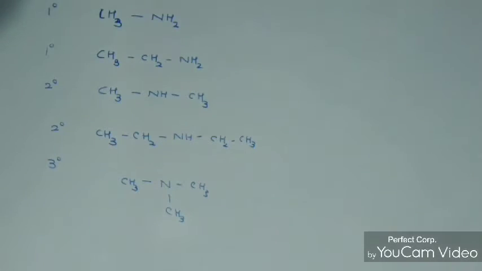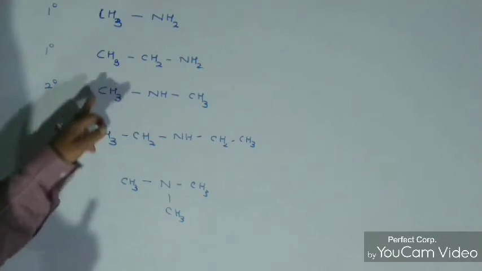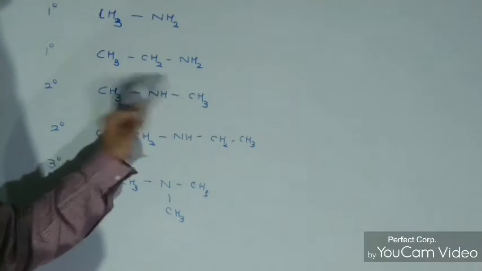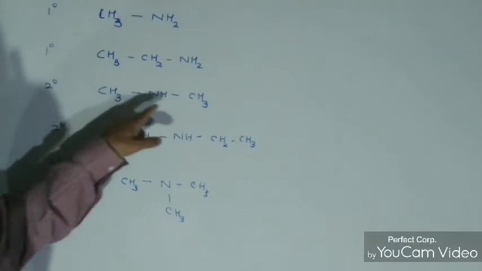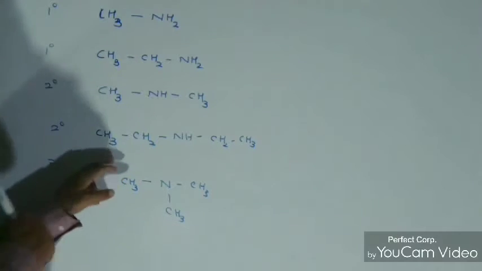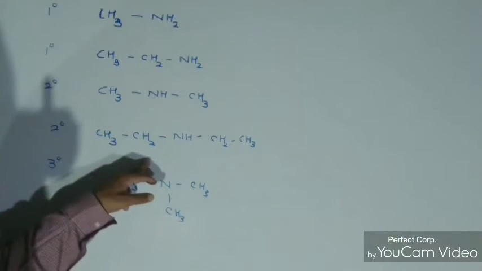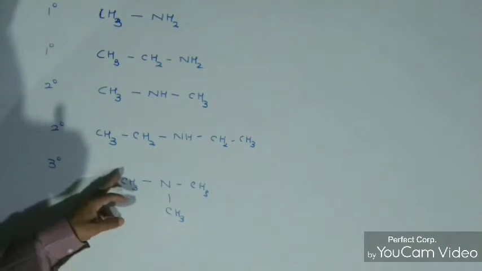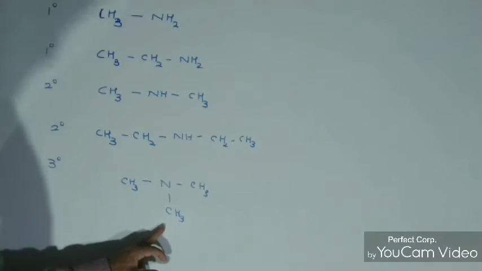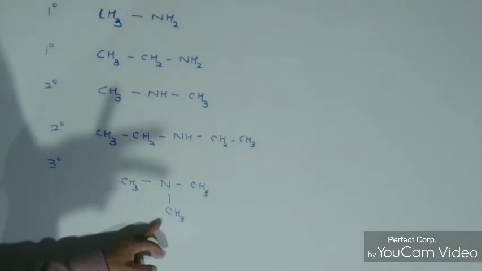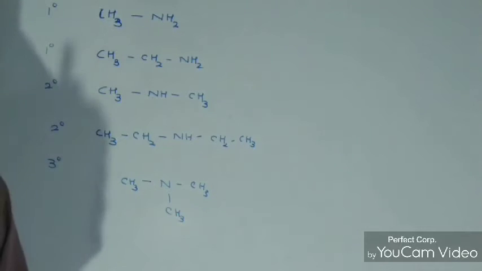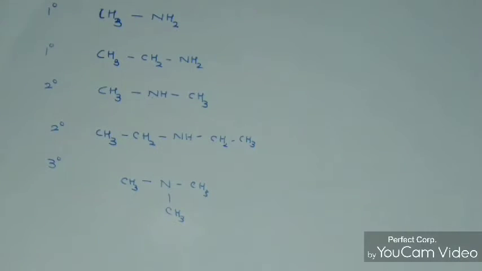Okay, we can also write the names of all of them. The names will be methanamine, ethanamine, N-methylmethanamine, N-methylmethanamine. The name of this will be N-ethylethanamine. The name of this will be N,N-dimethylmethanamine. Okay, so the nomenclature of this also we understood here, and not only nomenclature, we have also discussed the primary,